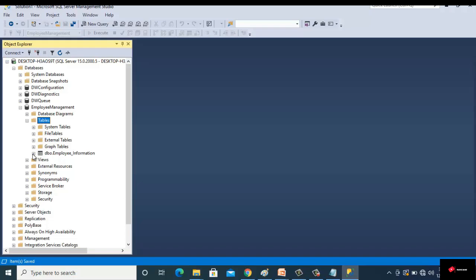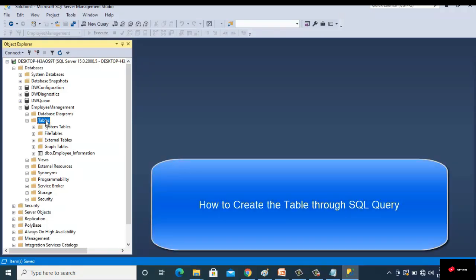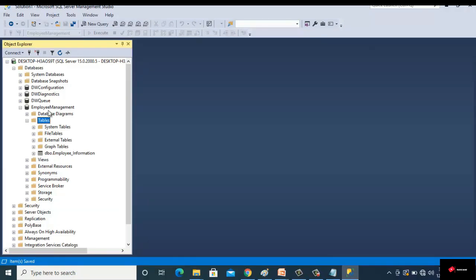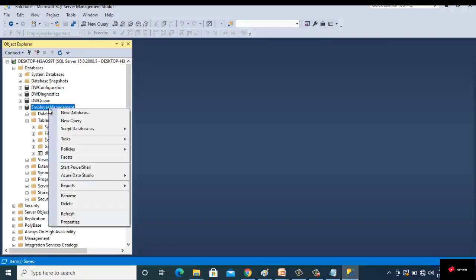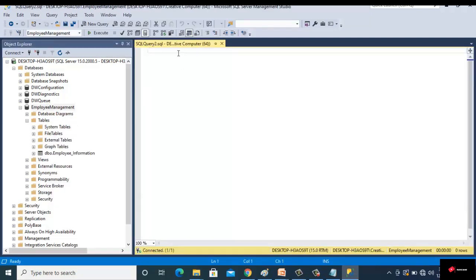Now let's learn how to create a table by using the SQL command. To create a table through an SQL command, right click on the database employee management, click on new query and start writing the command that will create a new table in your database. Write the keyword create, then another keyword table. After that, place the name of the table that you want to set,